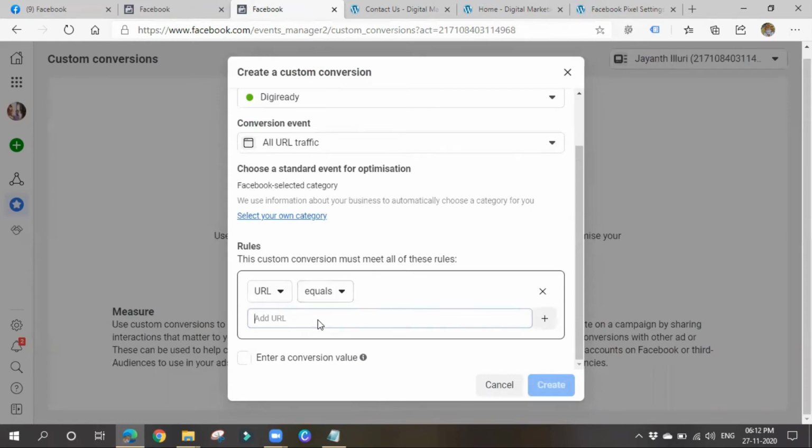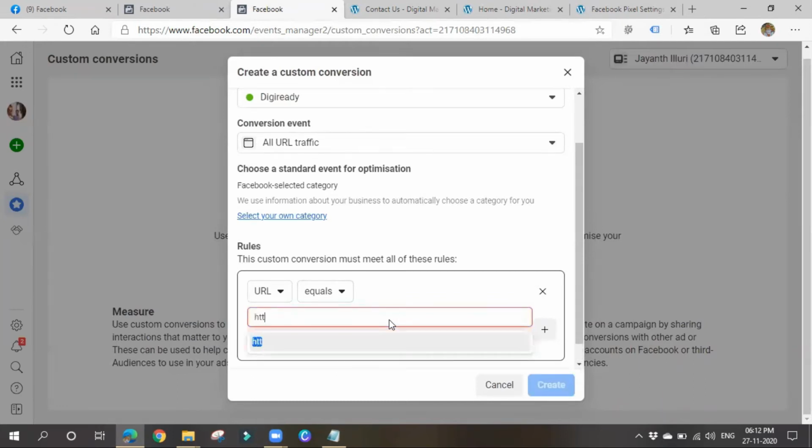So if the URL equals slash thank you, I'll give new.goexplorer.xyz/thank-you.